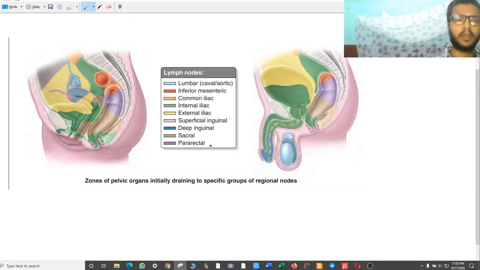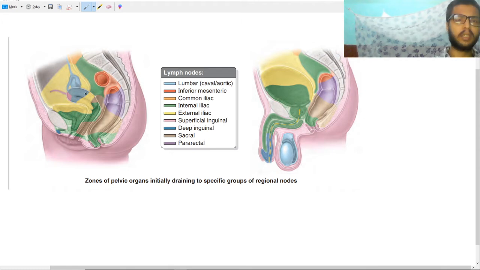So let's talk about lymphatic drainage of pelvic viscera. In this picture, each color represents the corresponding lymph nodes. We are going to start this discussion. This is the female pelvis, and this is the male pelvis. So in the female pelvis,